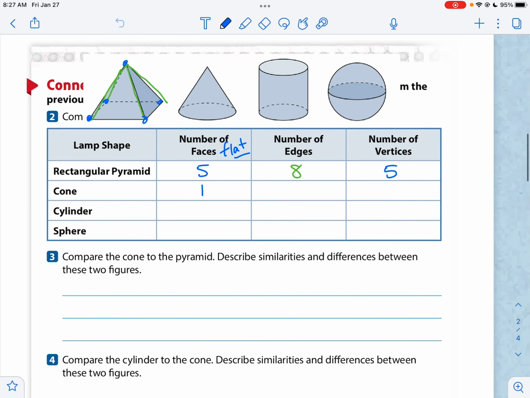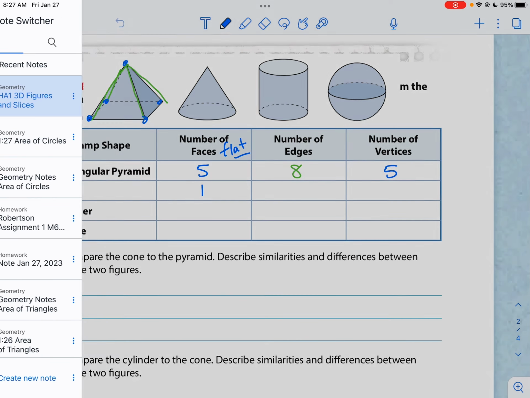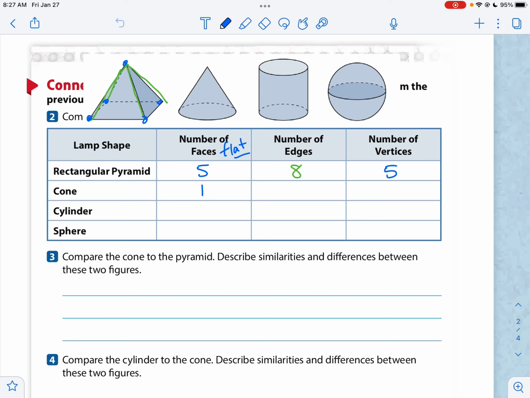So for this video, we're going to work on filling out this page. We started this in class yesterday, but this part that you're seeing right now was kind of a rush. Then I'll show you what parts of the assignment I expect you to work on today. By the time you're getting this, I should have the Google form posted for those answers. It's not going to be a lot. I didn't actually pass out the assignment yesterday, so you will have to work from the PDF, but I'll have a video showing you how to take something from Google Classroom into the app that I use called Notability